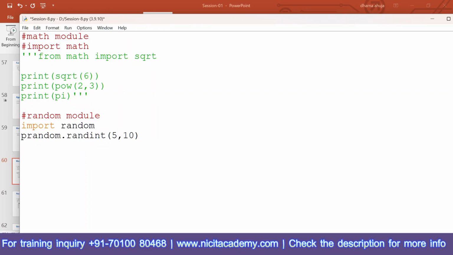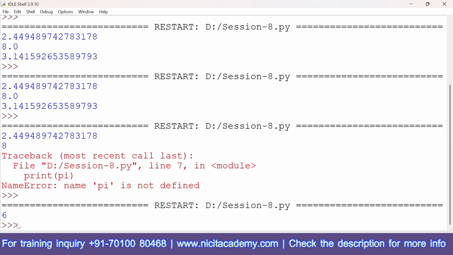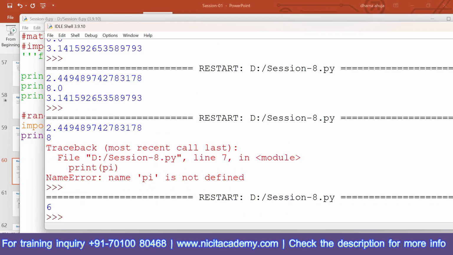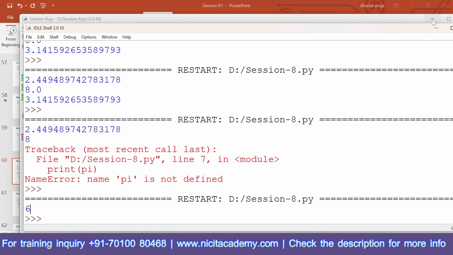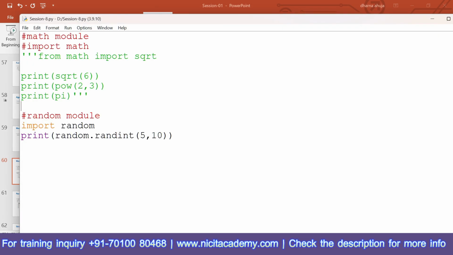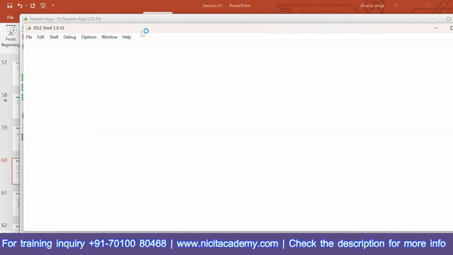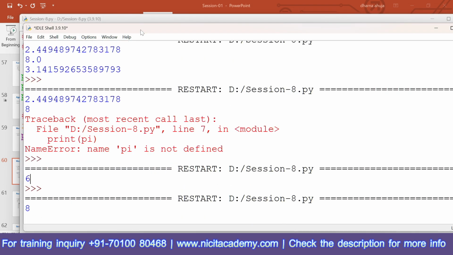So I will use print here. You can see 6 is printed. Okay, 6 is the output. So every time I run this code, I will get a new number, a new random integer, 8.